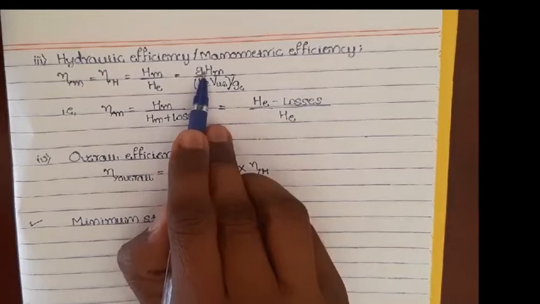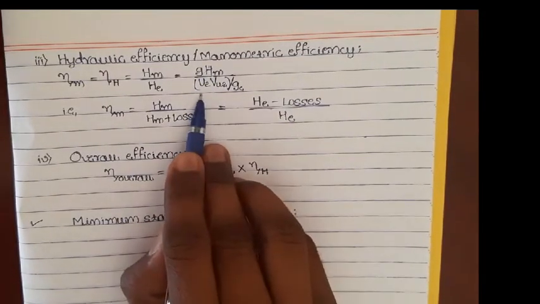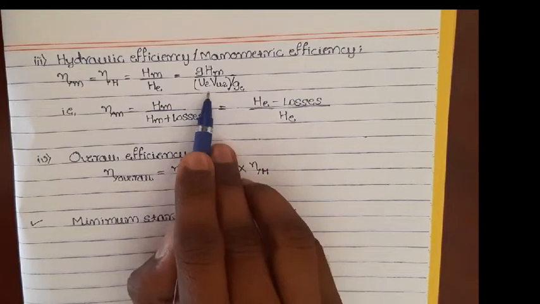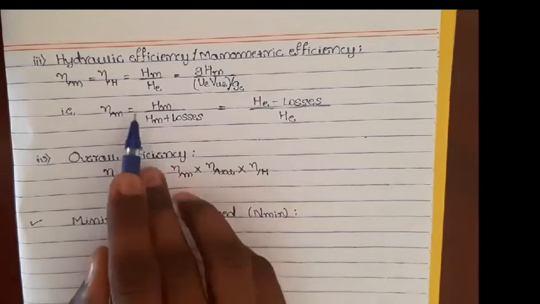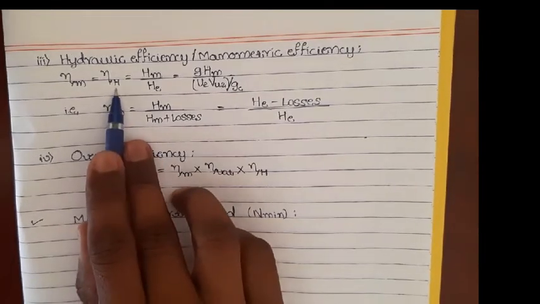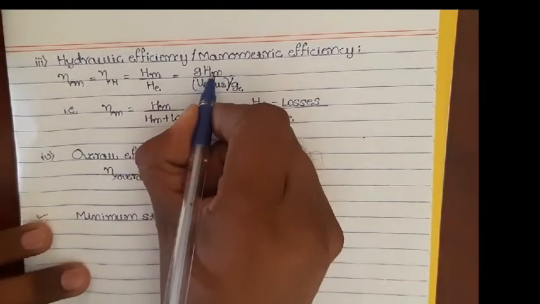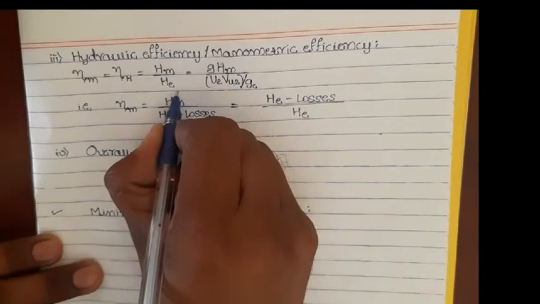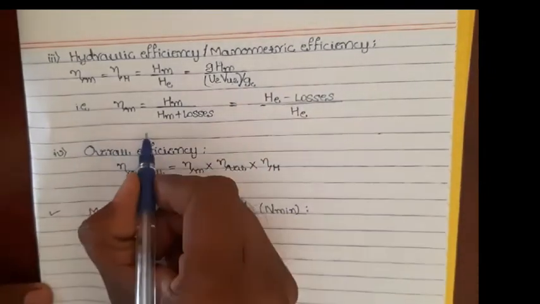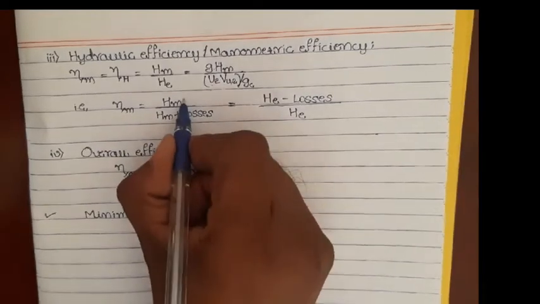So it is the total head against which the pump is working to the head which is getting developed at the impeller. That is what is known as manometric efficiency. It is also called hydraulic efficiency, isn't it? So I can write it as g into H manometric divided by U2 Vu2 divided by gc, which is the Euler's head. Or in other terms, I can also express this in terms of manometric head as total manometric head